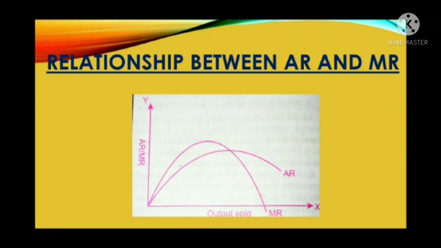After point K, MR lies below AR. Hence, AR is sloping downward. Thus, we see that it is the MR which determines the shape of the AR curve. Note that when MR rises, MR becomes greater than AR. The reason is that MR is limited to the one unit of output only, whereas AR is derived from all the units of output. This results in a comparatively lesser rise in AR. Similarly, AR can fall only when the fall in MR is greater than the fall in AR.